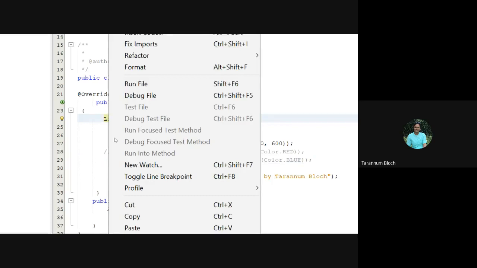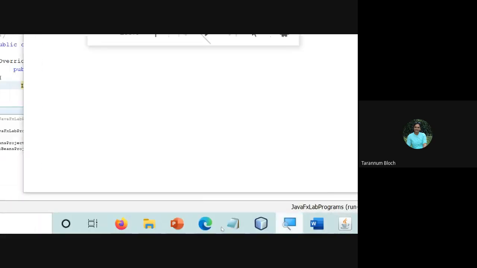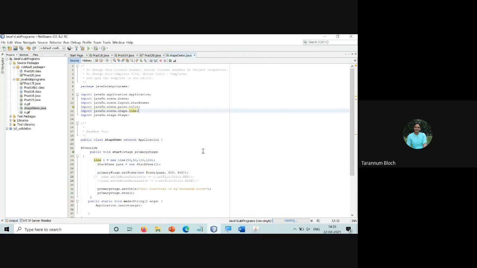Okay. So if I run this, can you see a line? Everyone, can you see a line? Fine. If I want to go with the straight line, how will I go? What should be the coordinates?